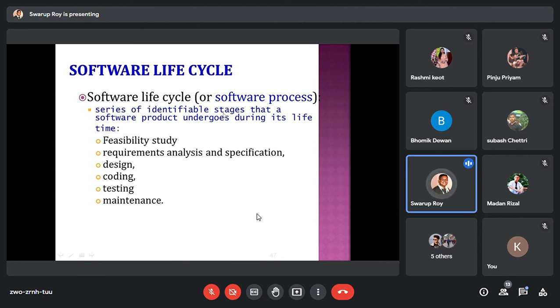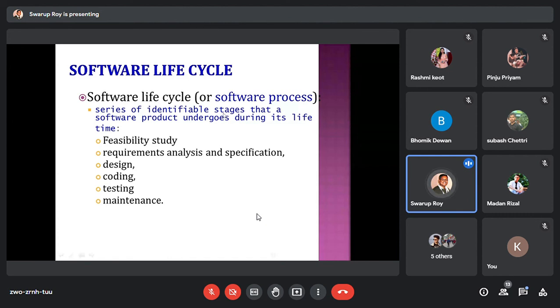So requirement analysis is basically to understand from the user what their requirement is. They do a thorough analysis of that and write it in a formal way in the documentation, and that is what we call a specification.